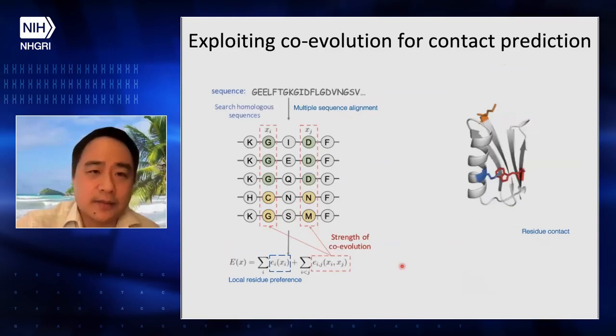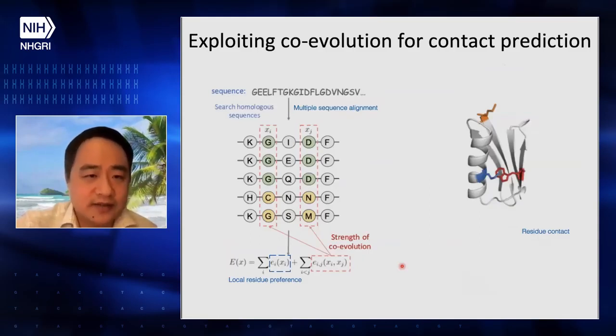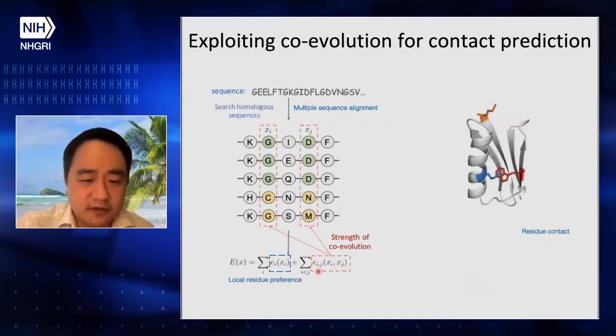so here the core concept is based on this co-evolution. Here I show you why this is a good intuition. After we build this multiple sequence alignment, we look at these two columns. If we have a way to evaluate the strength of the co-evolution of these two sites, for example, here the E_ij, a term used to quantify the choices of, for example, two different amino acids, this absolute value will give us the strength of whether they like to co-occur or they don't like to occur together. Okay, and this is biologically meaningful.